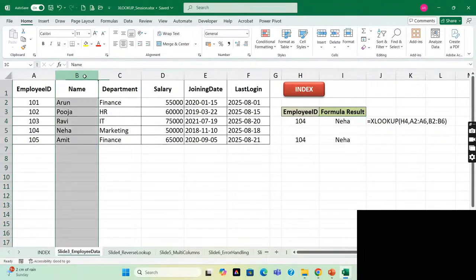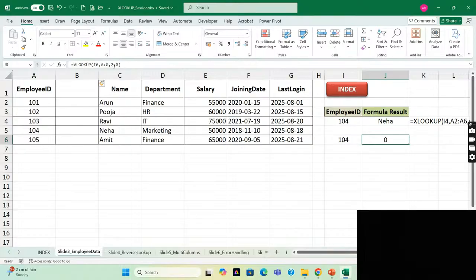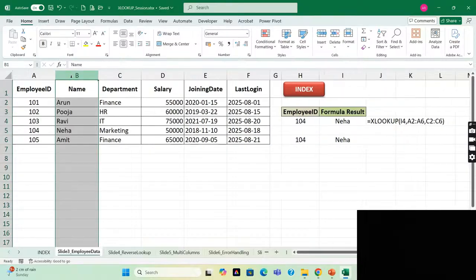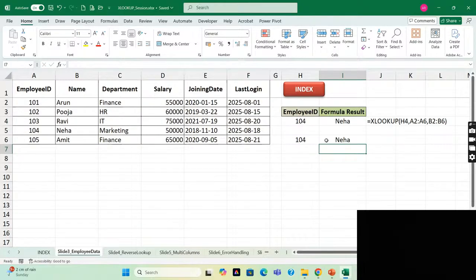If I am inserting here, VLOOKUP is making it 0. I have to manually change it to 3. Then it will give me this result. Got it? So inserting or deleting columns and rows, it is making XLOOKUP better than VLOOKUP and HLOOKUP. Second,